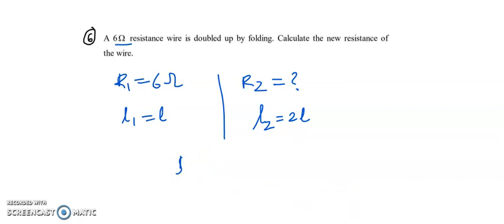So you can say R1A by L1 is equal to R2A by L2, right? Area of cross section is not changing. And you put the values of R1 and L2, you'll get your answer. Okay, I'm leaving this for you. Next,